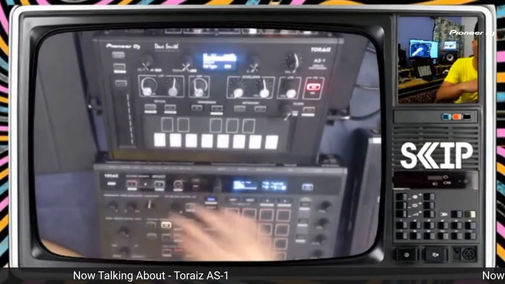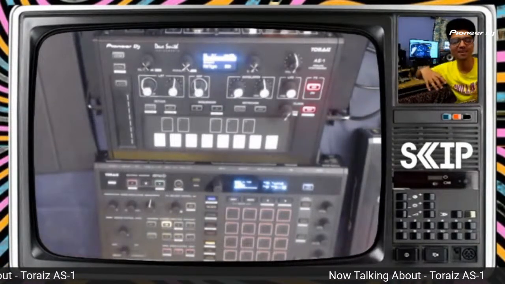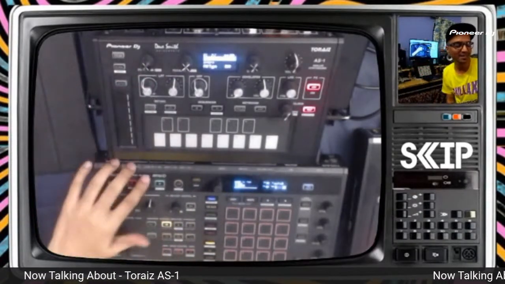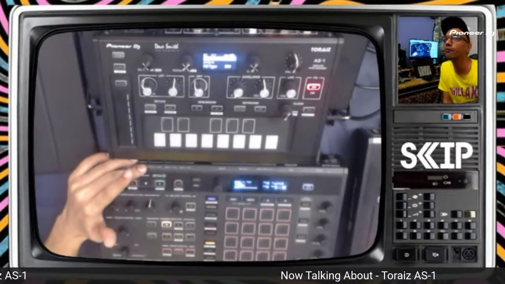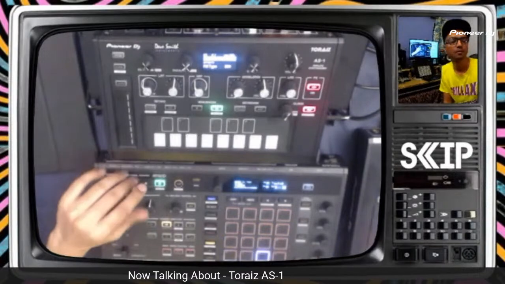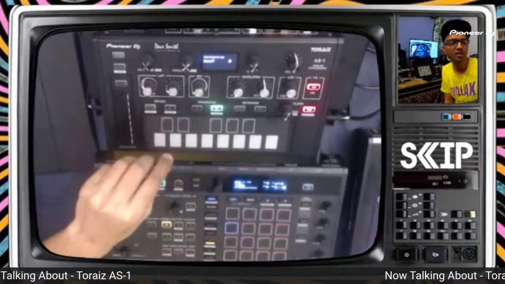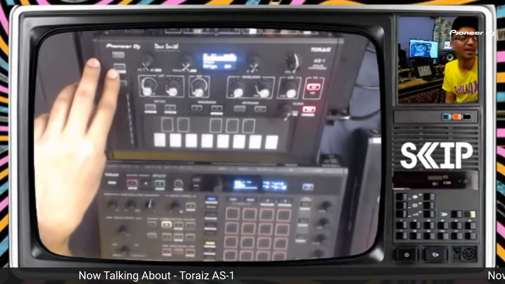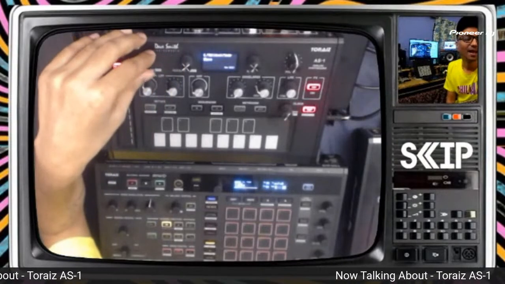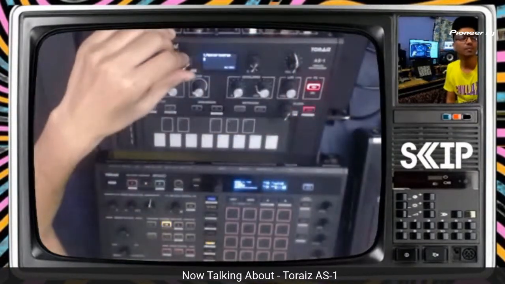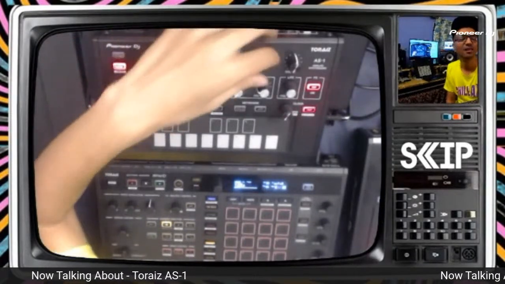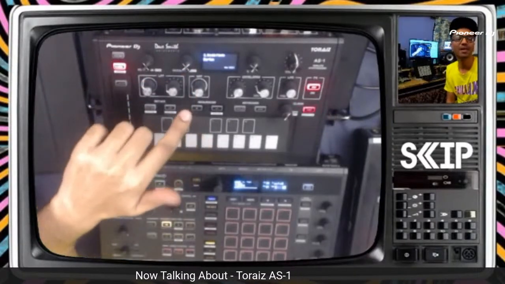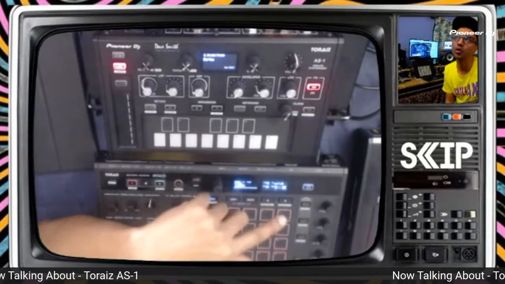It's like you've got solid things already pre-made for you. And the best part is, say, what's the scale of your track, bro? Mash, what is the scale of your track? C minor, C Dorian. So now if Mash is playing in C Dorian, what I can do is go to my global settings and change the scale to Dorian, right? And now whatever I'm playing will be in key with the project scale.